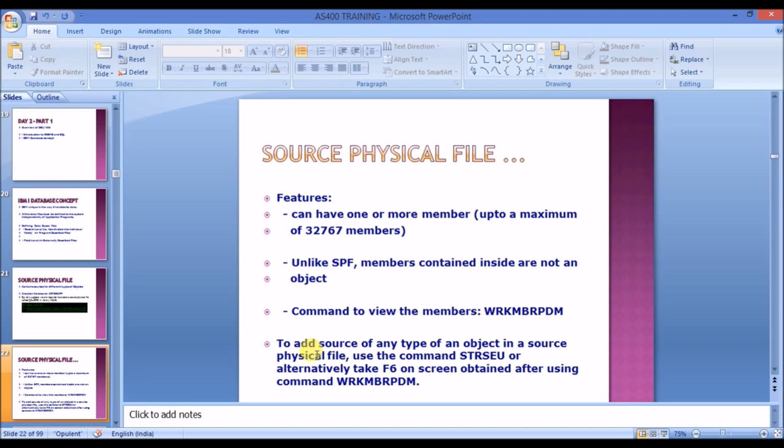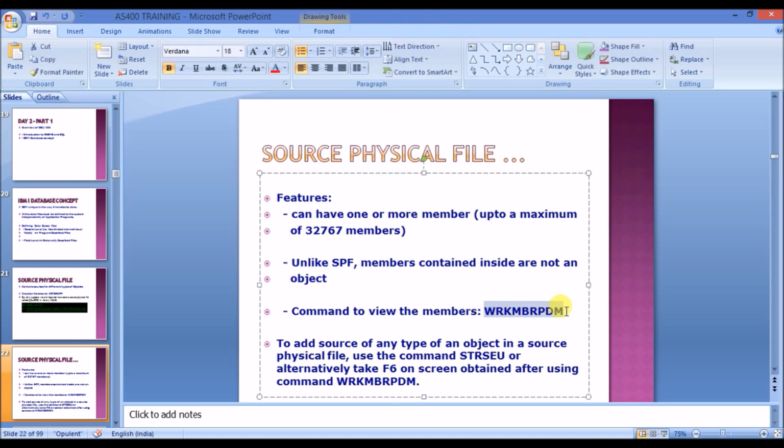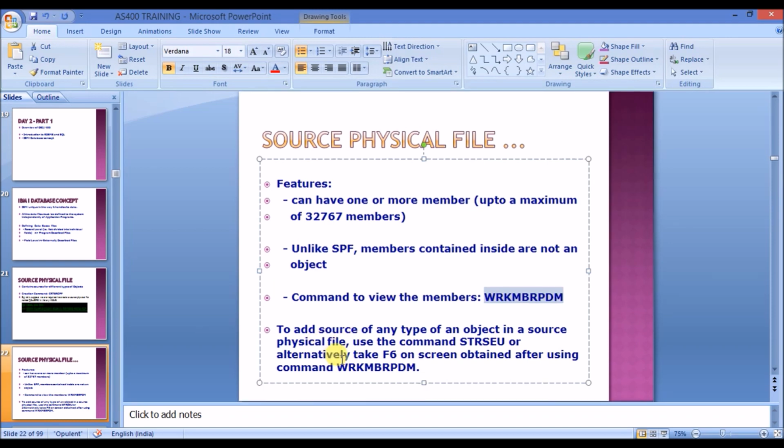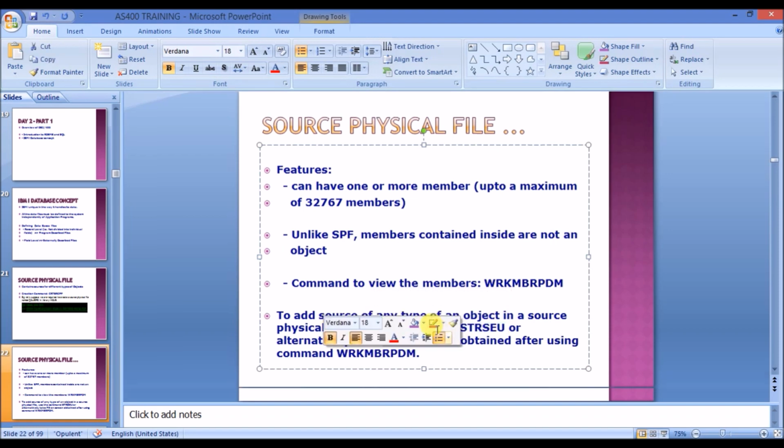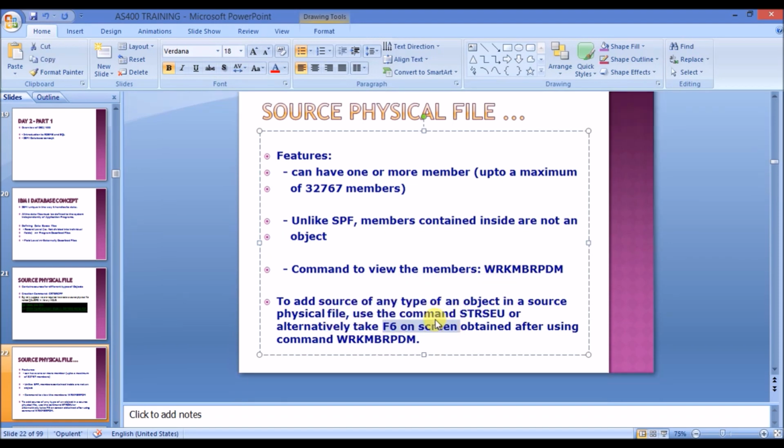However, the members contained inside it are not objects. This is something that you need to note. And we already discussed the command to view the members is work mbr pdm. How to add the members? By either using strSEU, or you can press F6 on the screen.